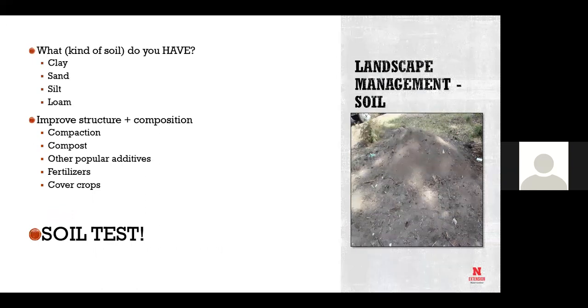So the first thing we always have to start with is soil. Everything grows in the soil. Everything is developed in the soil. But you have to know what kind of soil you have. So when we go through soil class, we talk about what kind you have. So when we do soils, we'll learn that. But know what kind you have. Figure it out. Use the soil triangle. Do you need to improve it? Do you need to add compost? Is it compacted? Do you need fertilizer? Do you need to put cover crops on it? What are you going to plant in it?